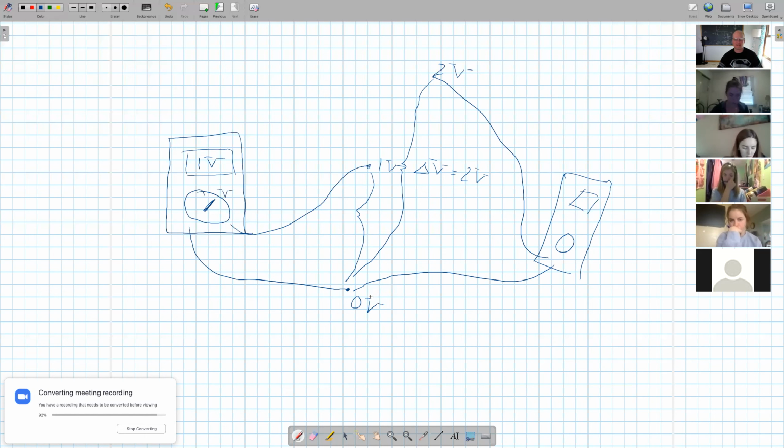So basically what it means is it is the amount of energy it would take for me to move my charge from this location to this location. So in this case, it would take 2 volts potential difference between the two, which then is the amount of energy I would need to move the charge from this location to this location. So ultimately what a volt means, or at least what a potential difference means, is that it is the amount of energy